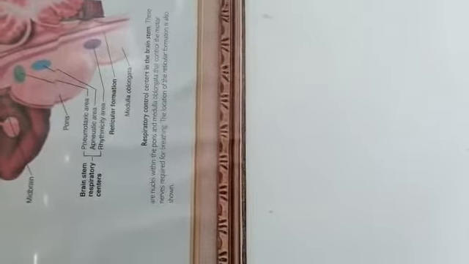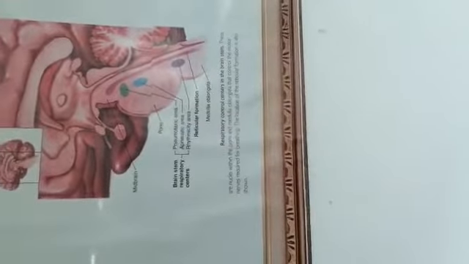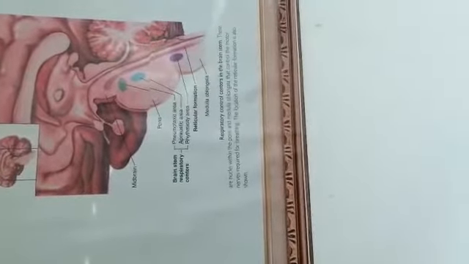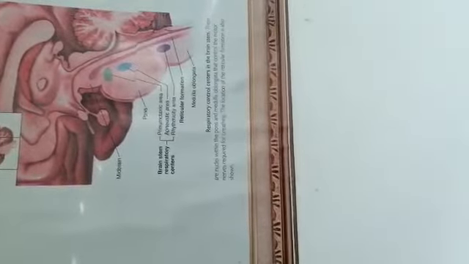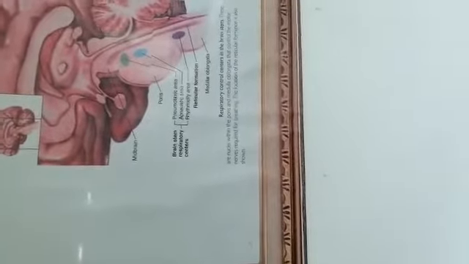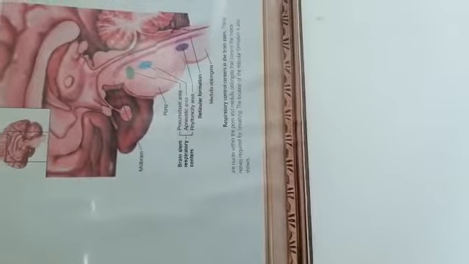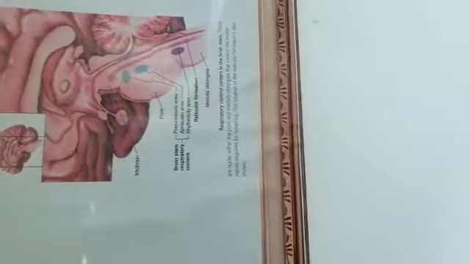oblongata. This cardiovascular center controls the rate and the force of the myocardial contraction, heart rate, as well as the force of the myocardial contraction. This area also controls the diameter of the vessels. The activation of the vasomotor center leads to the increased sympathetic discharge, which results in increased heart rate, increased force of the myocardial contraction, and vasoconstriction, and it results in the increased blood pressure.